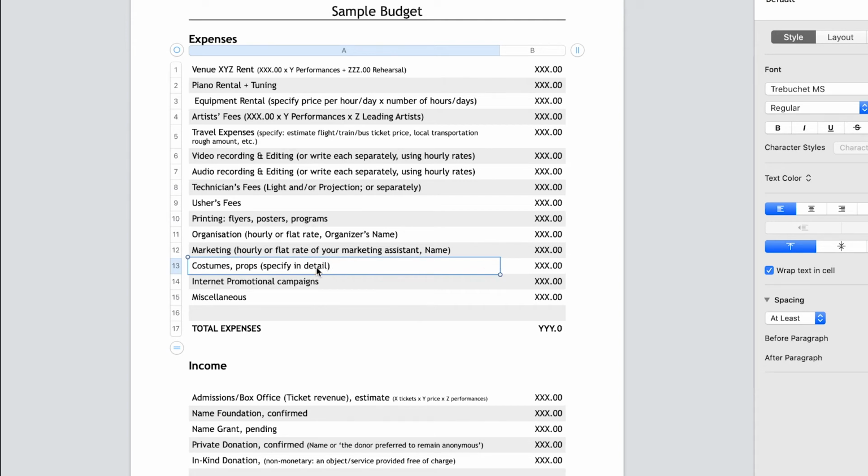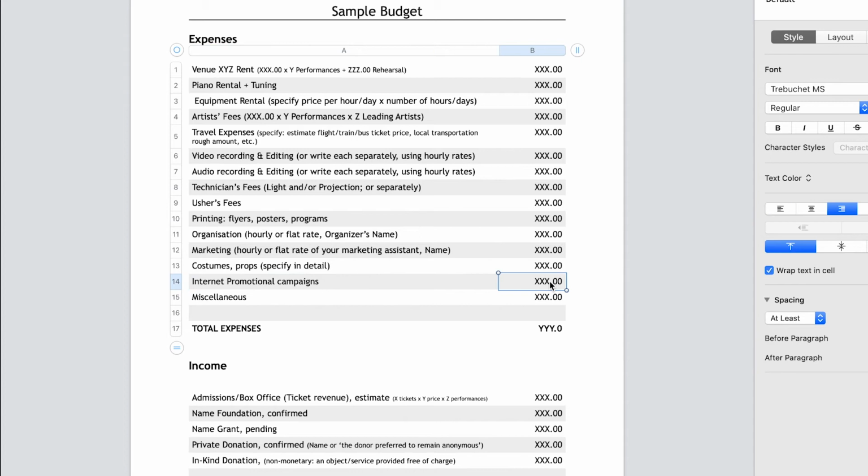And again, the amount. Then if you're doing an internet promo, if you're doing a Facebook page promo, or a post or an event promo, or whatever paid promos, your YouTube trailer maybe, or an Instagram post campaign, something where you're going to invest your money on the internet, something that's going to be your internet investment for the ads, write it here. You might want to specify it as well if you already know for sure how much you're going to pay to certain social networks, and again the total amount.